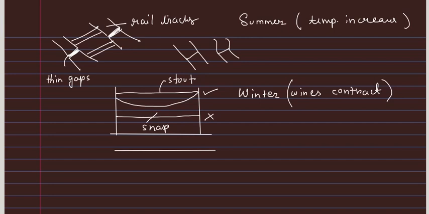Similarly, you will find that iron girders which are used to make a bridge are fixed at one end and the other end rests on rollers. So there are two pillars like this, and between the pillars, on one side we have rollers and the other end is fixed for the bridge. During summer, when the bridge expands, these rollers move and allow the bridge to expand. If both the ends are fixed, then when the bridge expands, cracks can develop in various parts of the bridge.